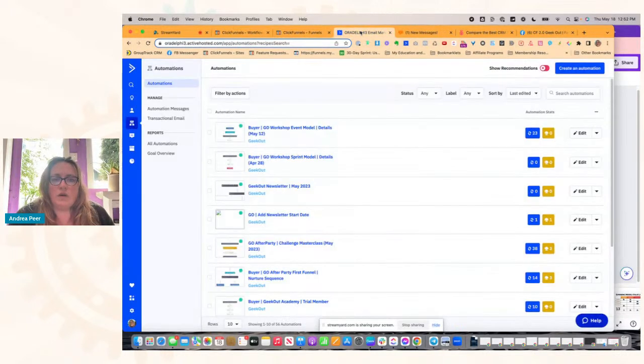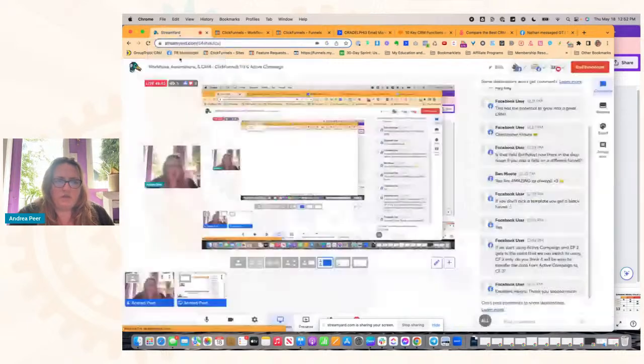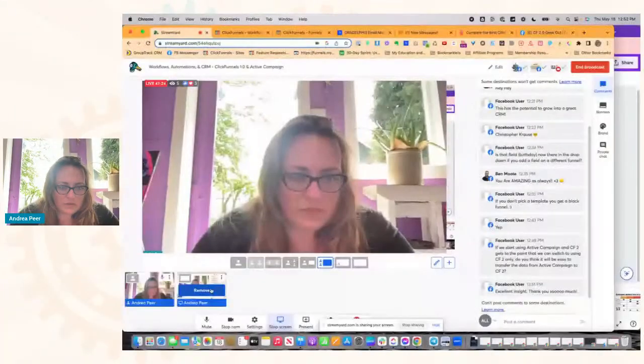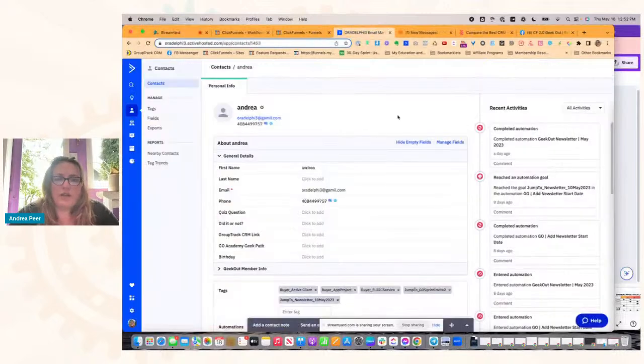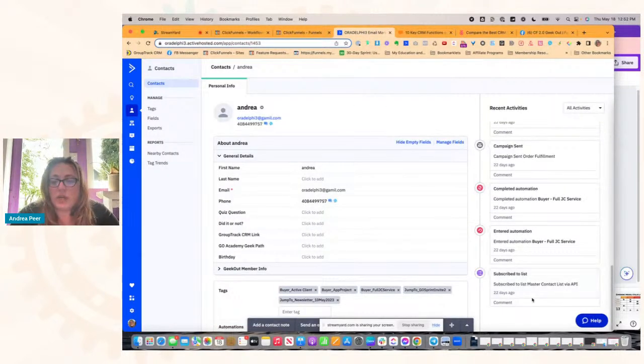So in here, for instance, and again, let me just pause for a second so I can look up mine, to protect the innocent. In ActiveCampaign, I have a rich history of what has been done with all of my contacts. It's in a log, basically. So let me show you. All right, I'm going to go to my contact record. Let me show my screen. Okay, so on the contact record here,